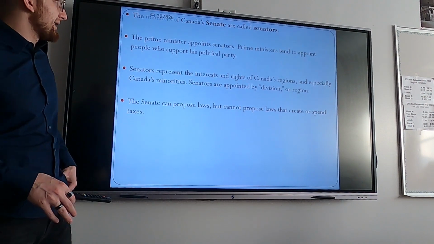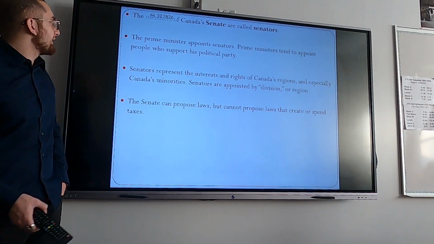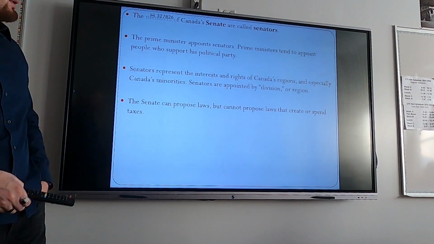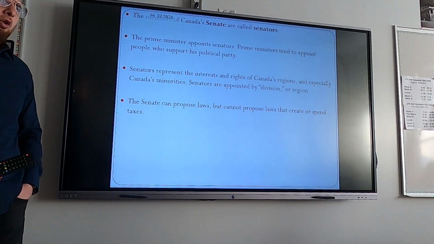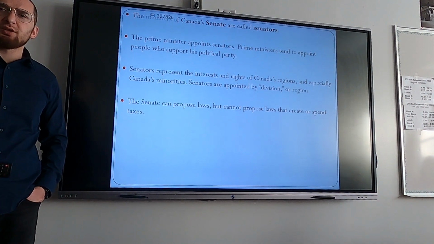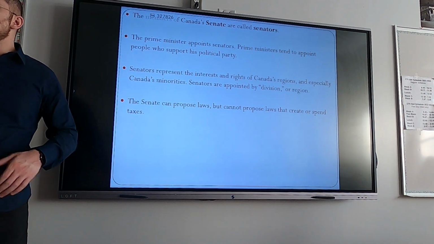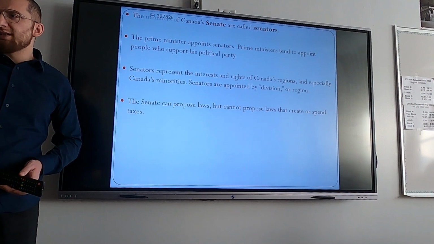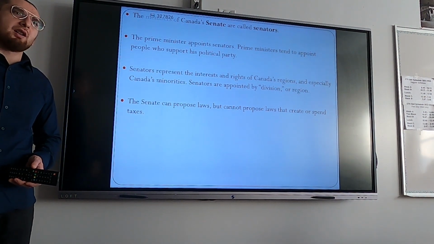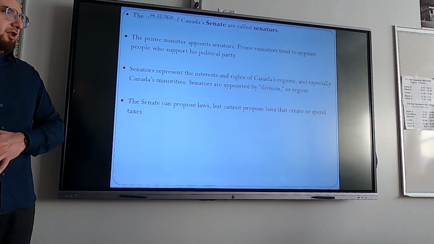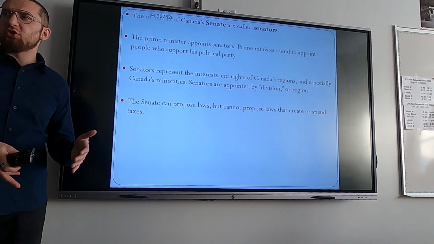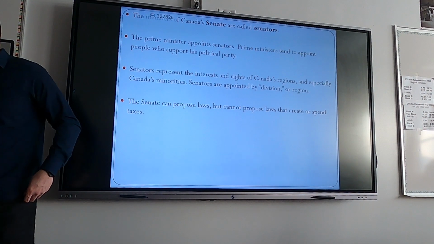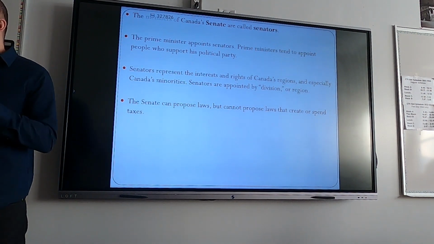So we also have the Senate. Members of the Senate are appointed, and they're called senators, and they play a role in the passing of legislation. Right? So anytime there's a law, it goes through the process. Eventually it gets to the Senate. The Senate reads the law as well, and they make a decision on whether or not they want to pass that law as is, or if they want to make some adjustments, make some amendments. Right? So maybe they don't like the way the law is worded.